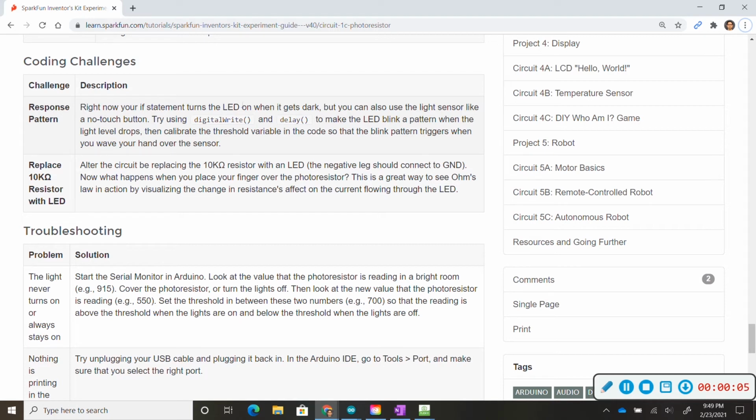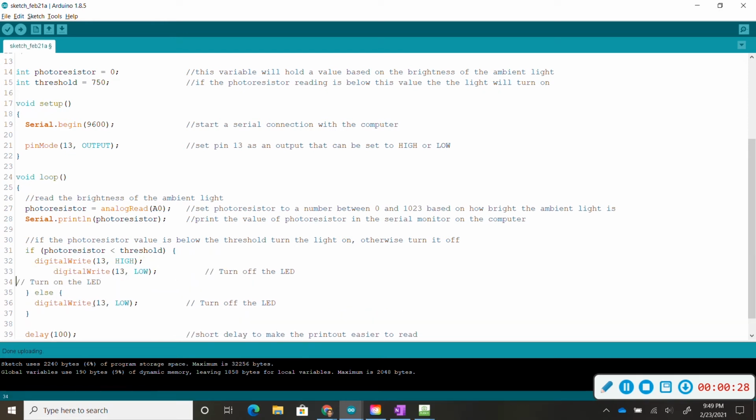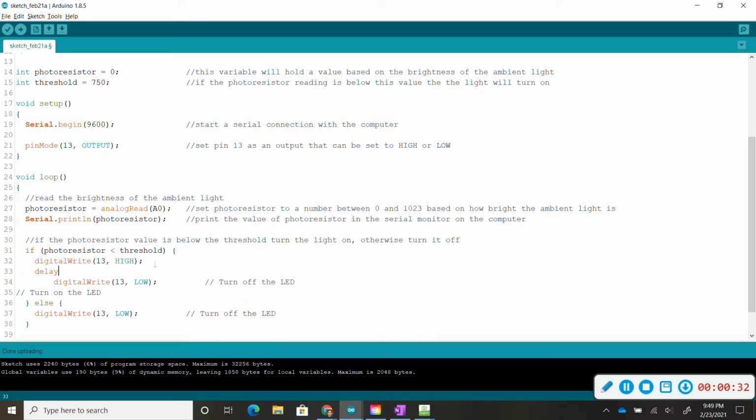So we're going to make the LED blink whenever our photoresistor reads a value lower than the threshold. In this situation, we want to just add a few digital write highs and lows with some delays. Let's go ahead and copy line 34. We don't really care about this comment, but let's just add it. And now we're going to add a delay. So we can go enter, type delay,